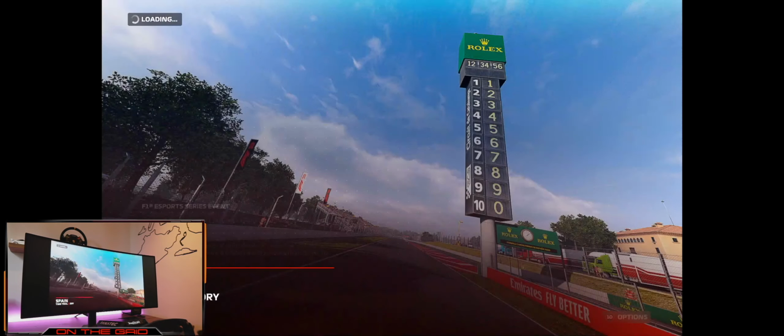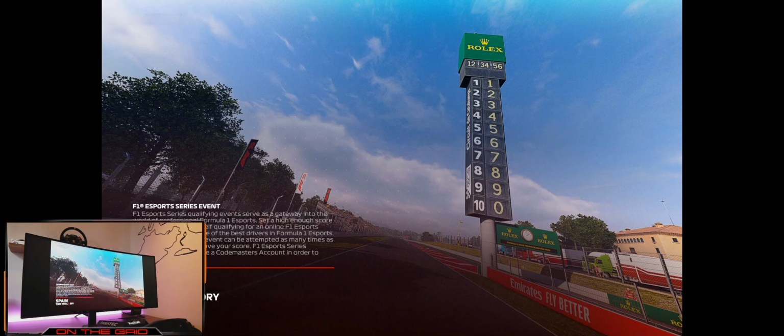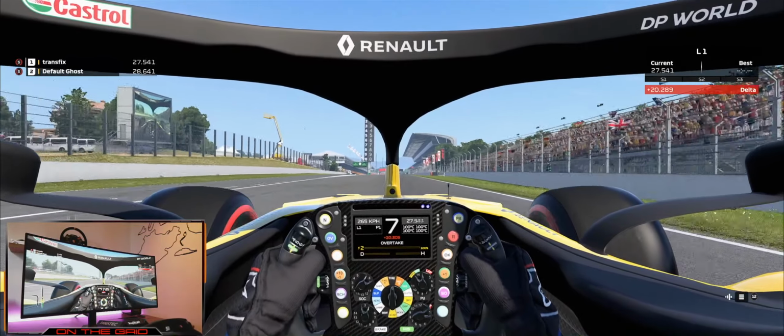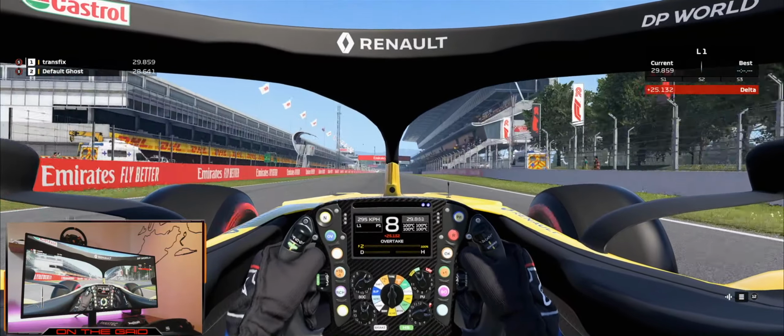All right, so let's do Spain in the Renault. It definitely gives you an interesting perspective running some of these tracks in reverse.